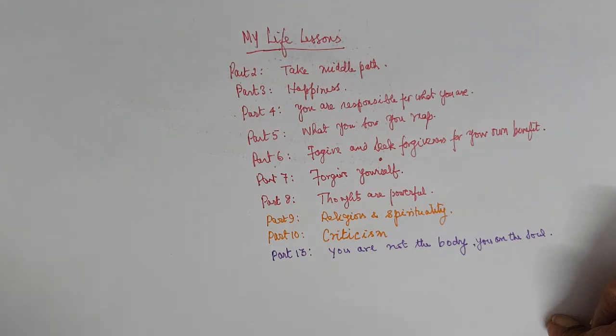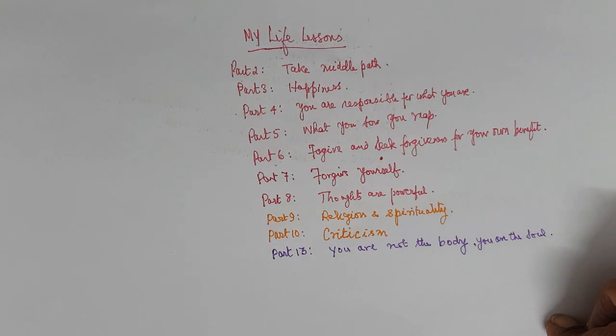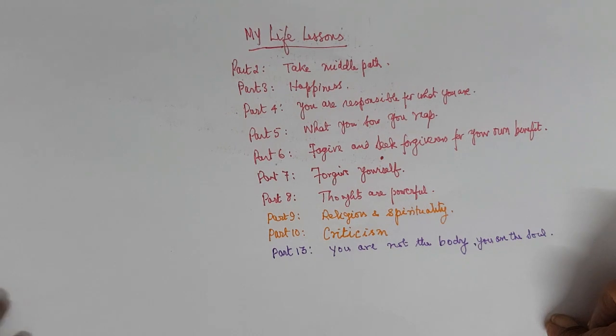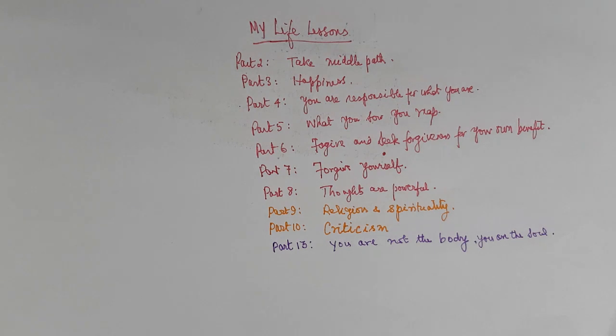Bhagavad Gita says, don't cry over a dead body, because the person has not died. The person is not the body. The person is the soul. His soul has left. Since the soul has left, the person is not there. First of all, the person has not died, and the soul has already left. Then what is the point of crying over a dead body? That's what Bhagavad Gita says. But we are all human beings.